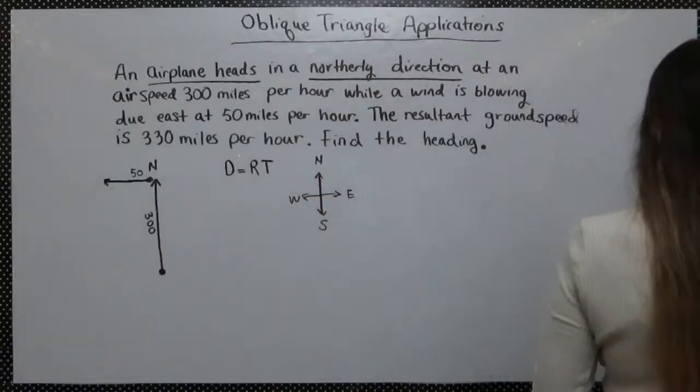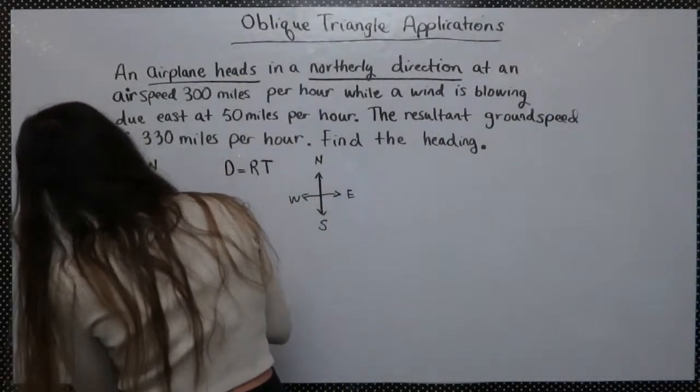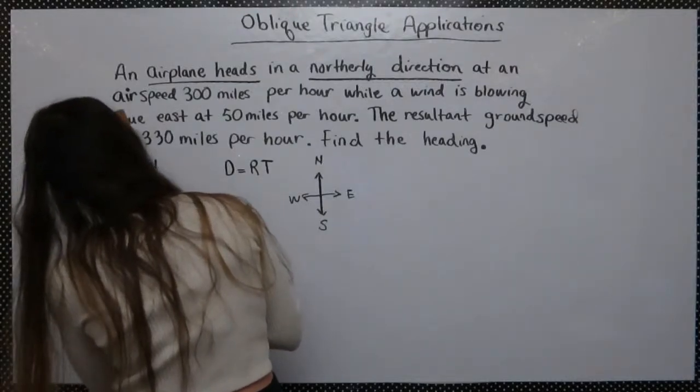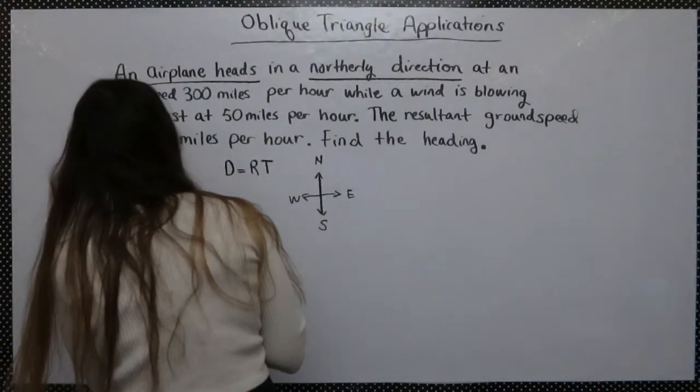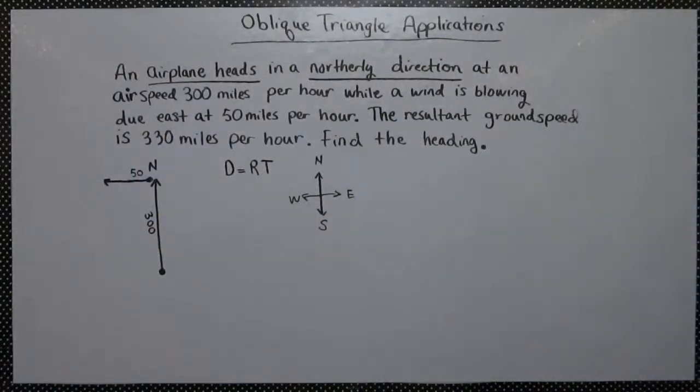So what we're doing is we're looking for this resultant. So we actually have it. It says it's 330. But it's this, that we're looking for this angle. So we can't really draw that resultant yet. And it says it's a northerly direction. We don't know if it's due north or what. So